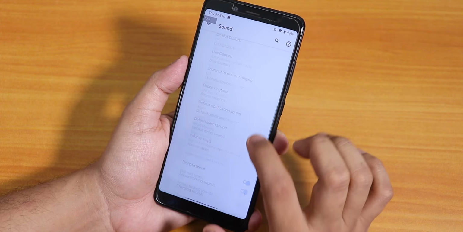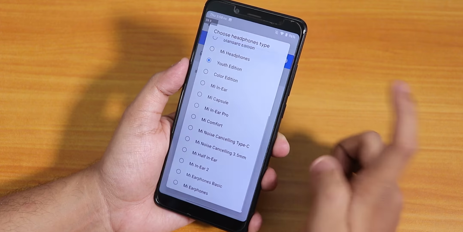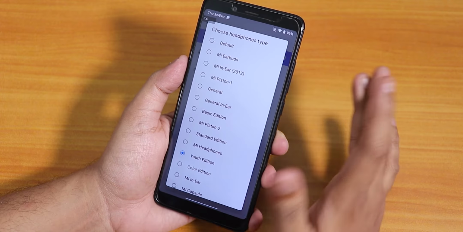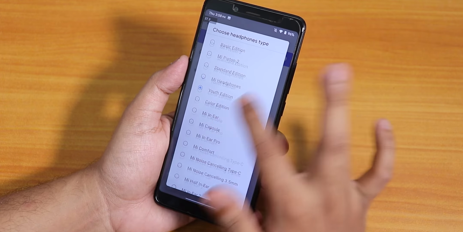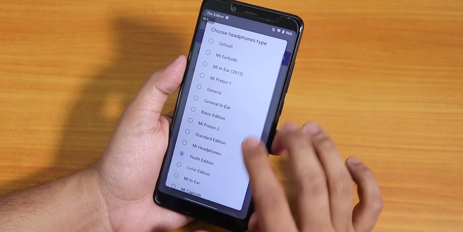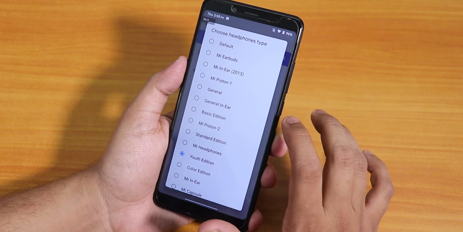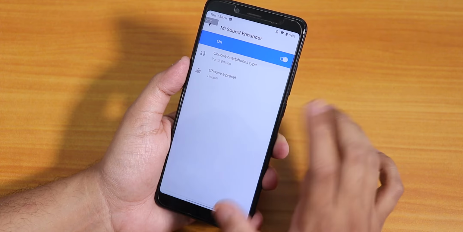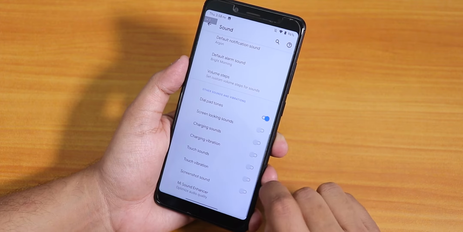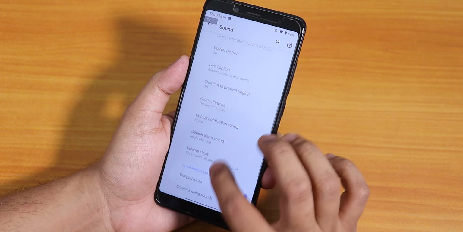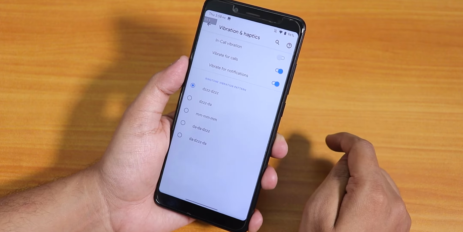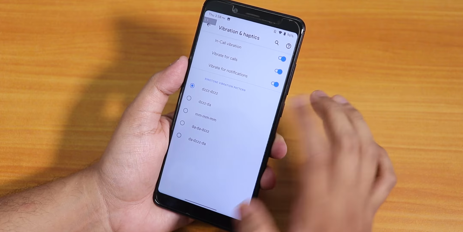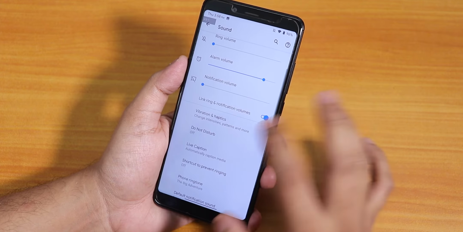Inside sound settings, we have the Mi Audio Direct, and as you can see, I have the youth edition set. The sound output via the headphone jack and the Bluetooth as well is really good. I have no issues in terms of the sound profile in this ROM. Sound quality is good enough. You can also choose presets like rock, jazz, etc. from this Mi Audio Direct. Touch vibration and screenshot sound, you can disable them from here. There is also vibrate and haptic feedback. You can have in-call vibrations, and you can change the ringtone vibration pattern, so that's cool too.